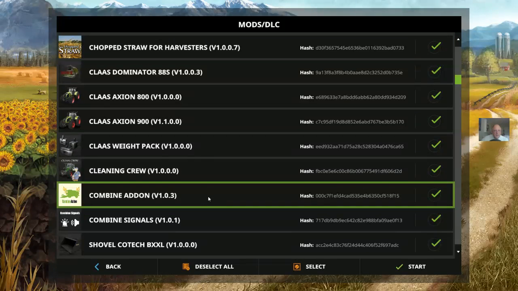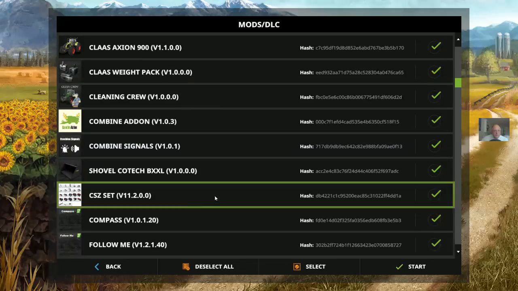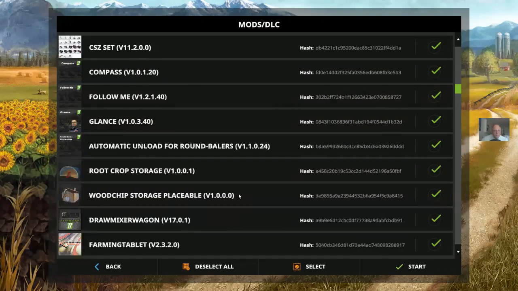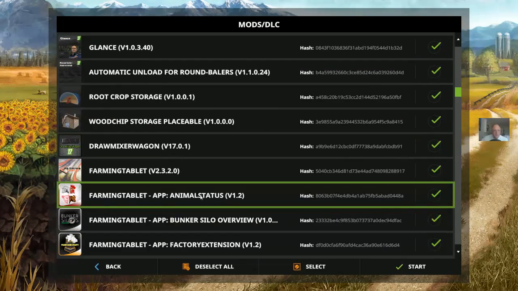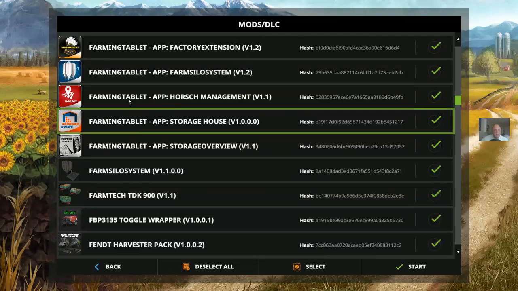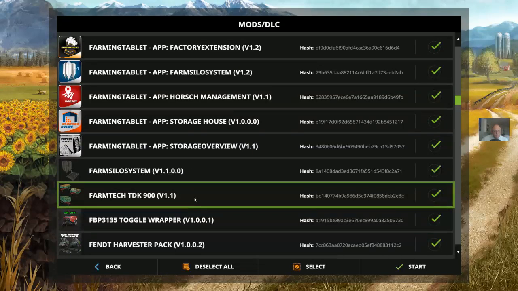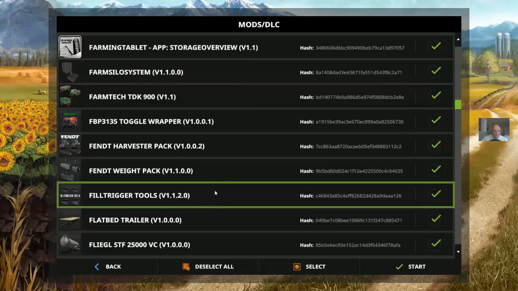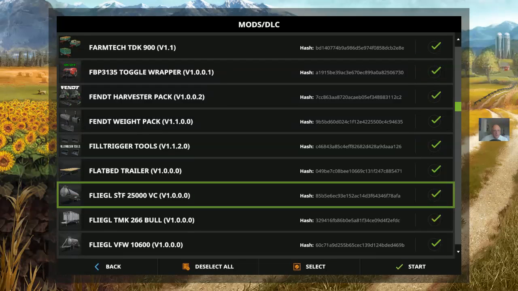The combine add-on, combine signals, a big shovel, the CSZ set of tools, compass, follow me, glance, automatic unload for round balers, root crop storage, wood chip storage, draw mixer wagon, farming tablet, and a bunch of apps. The farming silo system that goes with this one here. The Farm Tech TDK pack, a toggle wrapper, that means you can turn the wrapping on and off with that baler. The Fendt Harvester pack and weight pack, fill trigger tools, another flatbed trailer, a Flegel 2,500 gallon